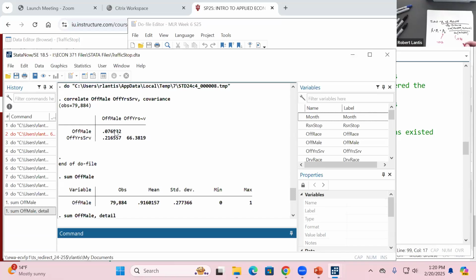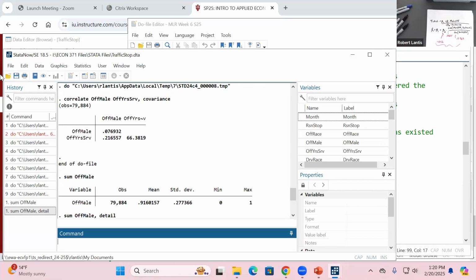So this was 0.07669 approximately, I think we just found. And then the covariance was 0.21655. Now, if I want to determine what that bias is, without even running that regression, I can do that. I've got all the components that I would need. So sure enough, if we plug this in, we get that bias is approximately negative 0.003,